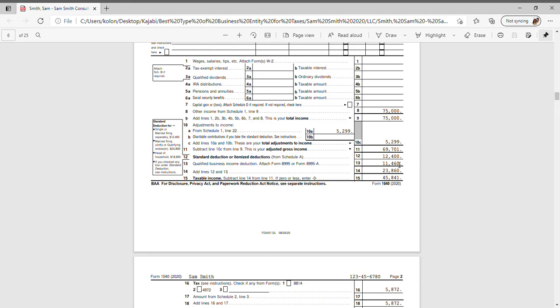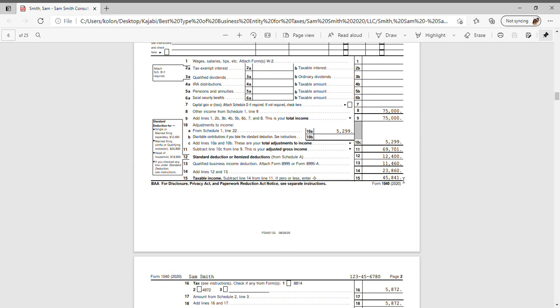Now, what do we do next? So we take that standard deduction of this $12,400, we add it with this $11,460 for the qualified business income deduction, and that's how we arrive at this $23,860 number right here. So big picture, what we do is we now take that $23,860, we subtract it from the $69,701, and that's how we arrive at the